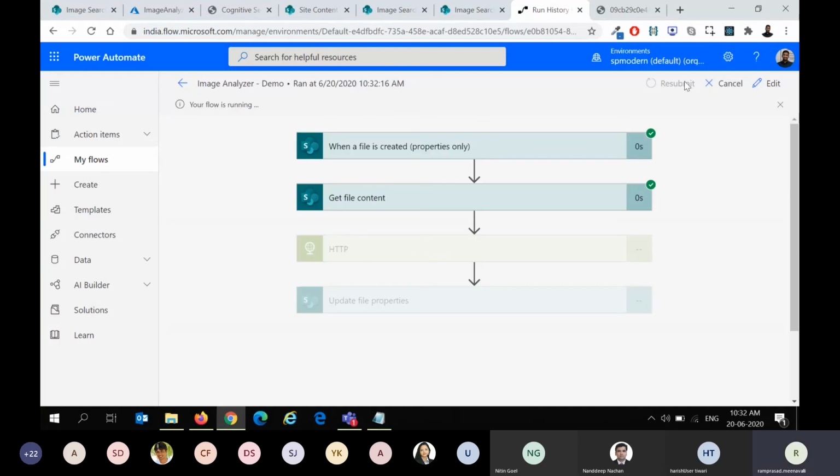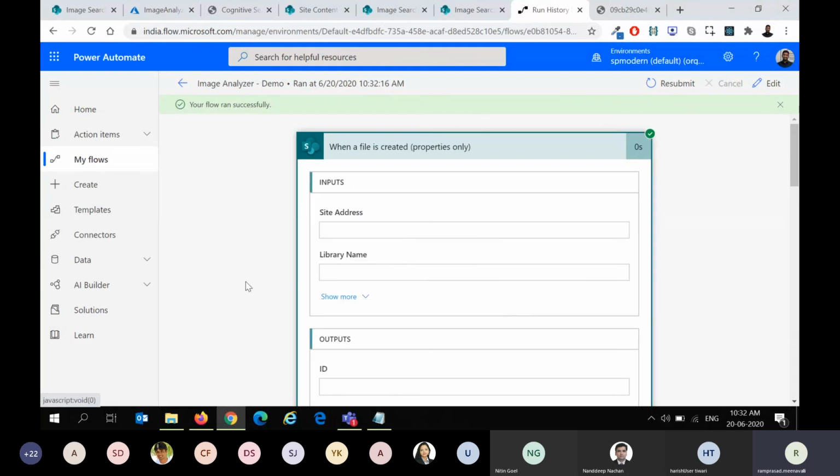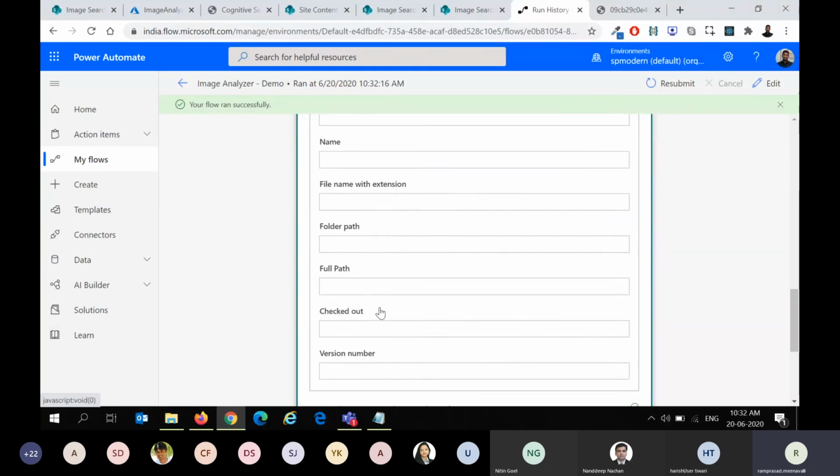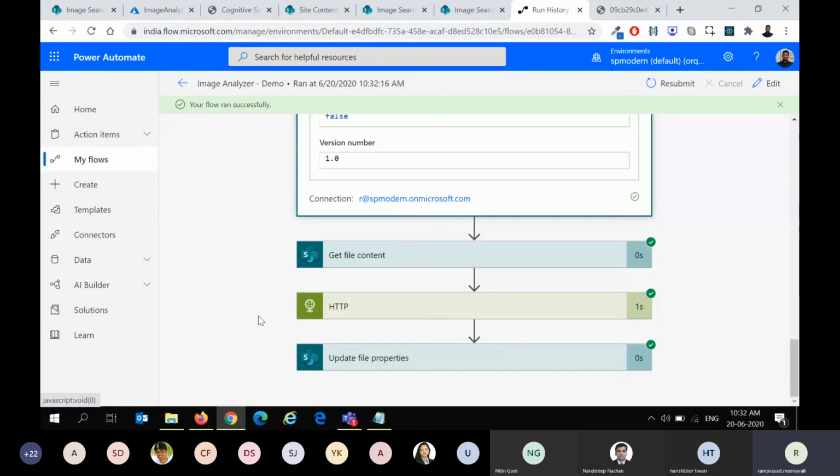I've just resubmitted the flow by updating the new subscription key and endpoint. Now it is successful.